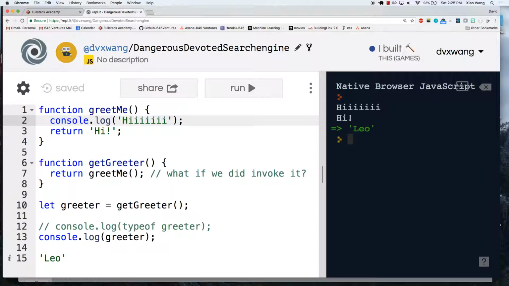Okay. So when you're doing this, if you want to draw arrows, this is a classic example. This is something that, once you get more familiar with it, will be easier to keep in your head as you're going through it. But especially when you're starting off, if you're not sure what getGreeter returns and you see it returns greet, just draw arrows so you know where these things are referring to, right? Because we work on more and more